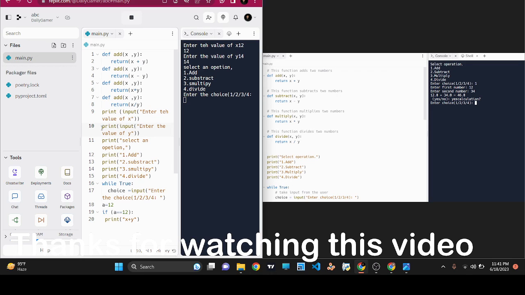So we can say m is equal to print input value of y, and here we say n is equal to, okay, print n is equal to enter the value, and print enter the value of y. Print select an option 1. Here we simply add. We can say print, and here simply say print